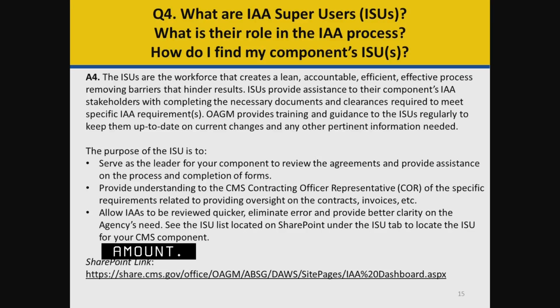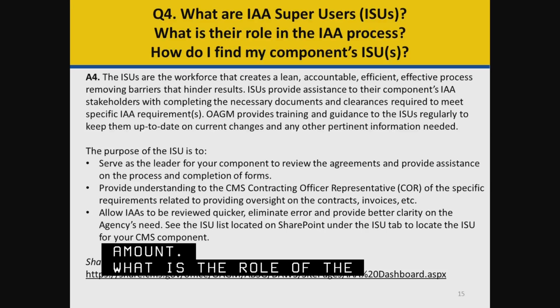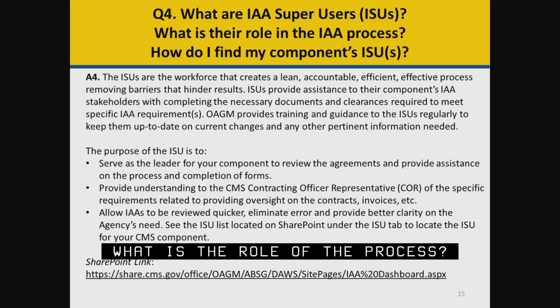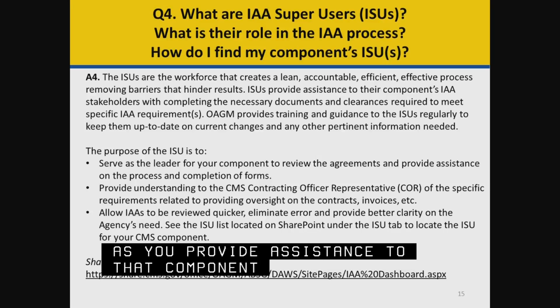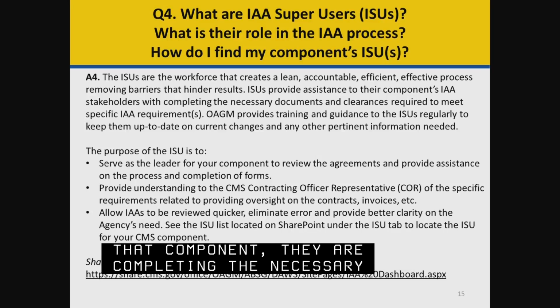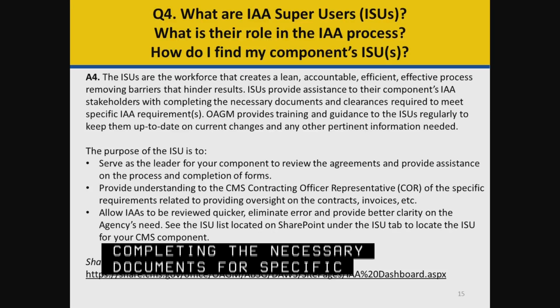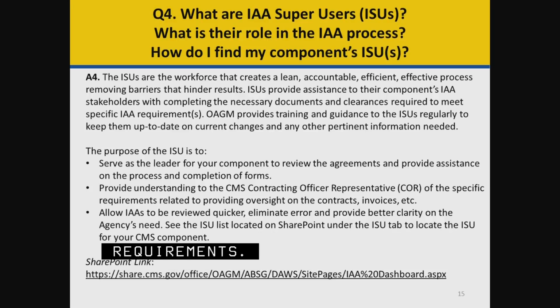What are IAA super users? What is the role of the IAA process, and how do I find my component's ISU? The ISUs are the workforce that creates a lean, accountable, efficient, effective process, removing barriers that hinder results. ISUs provide assistance to their components, IAA stakeholders, with completing the necessary documents and clearances required to meet specific IAA requirements. OAGM provides training and guidance to the ISUs regularly to keep them up to date on current changes and